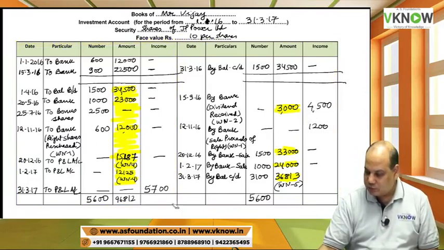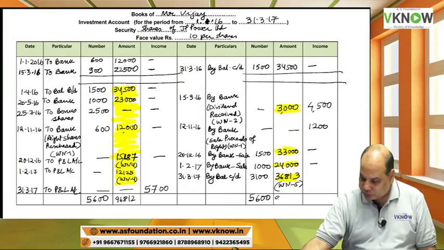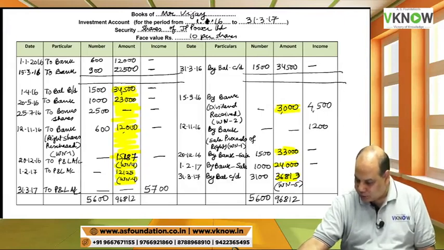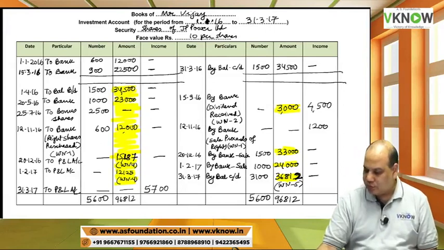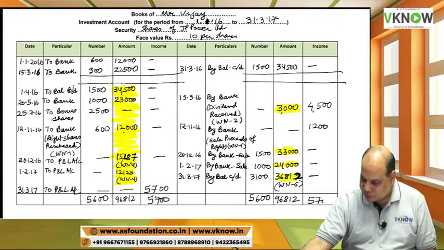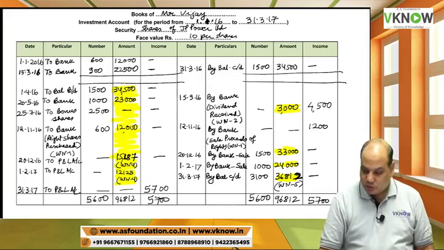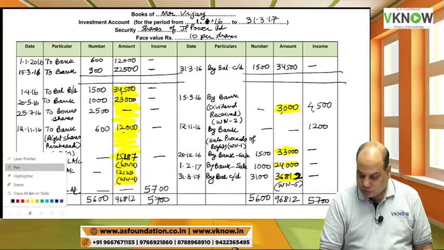Any answer? Approximately same? 96,813, but make it 2 and make this 2. Yes, make this closing balance 2. And this income column is 5700. Income column 5700. Which means, to summarize,